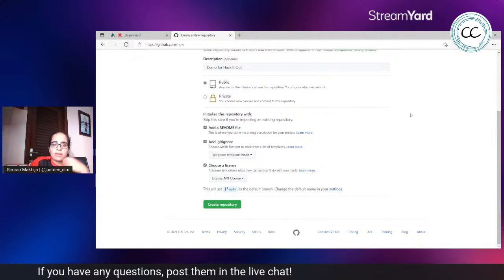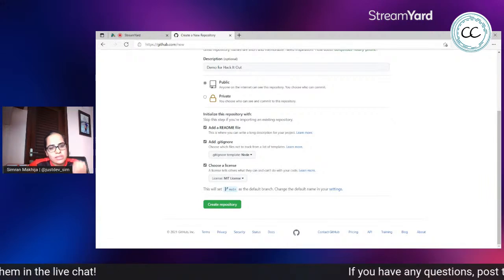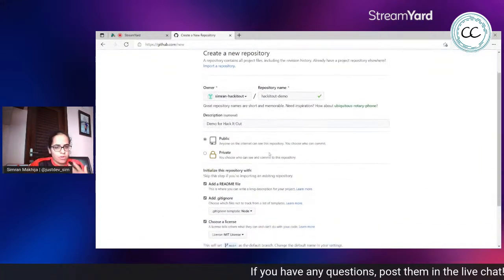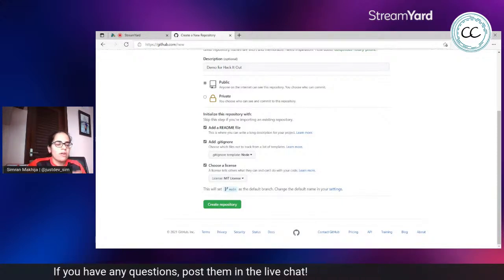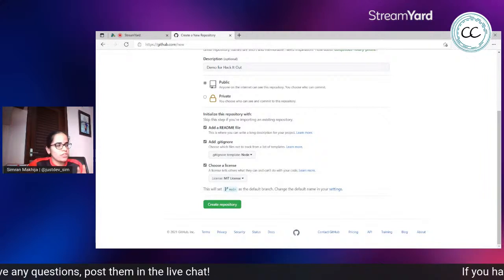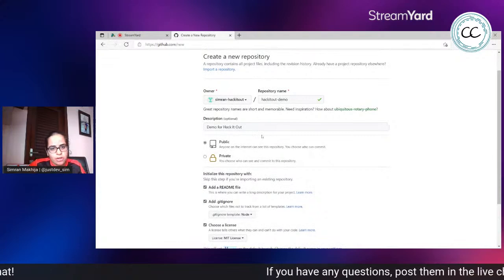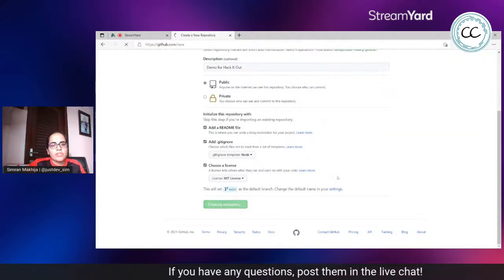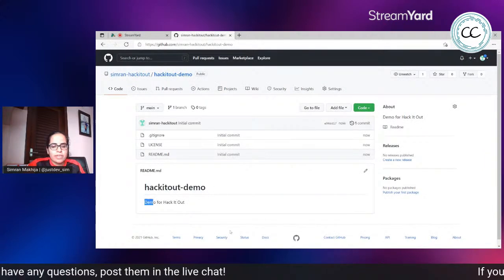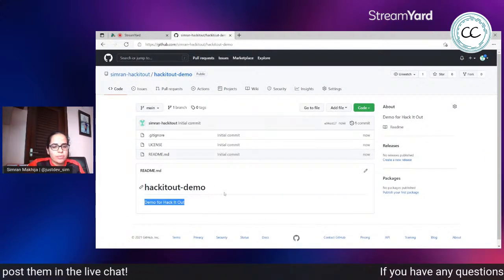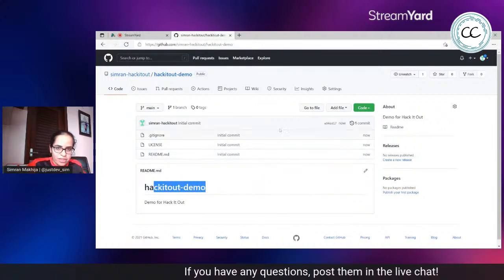And a README file, again, is good practice to have in a repository. This is the first file that any user sees as soon as they go to your repository. A README file usually has a brief description and some steps to get started with the project, maybe some steps to run the project. And create repository. So here we are. See, this README is created. It has a short description that I gave. It could be a better description, but well, we have this here.